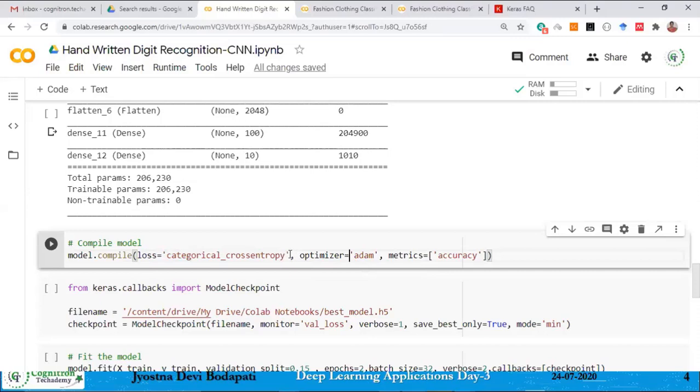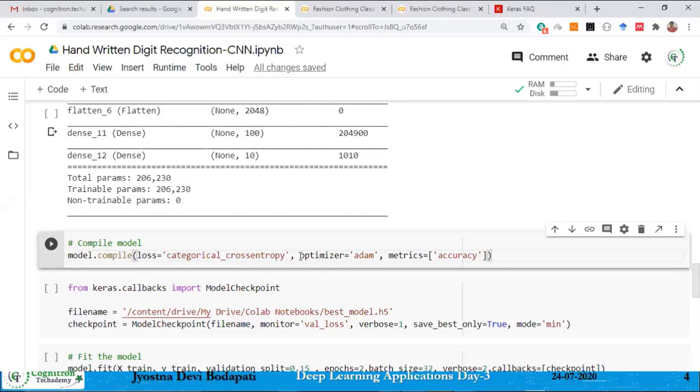And the loss function here, I'm using categorical cross entropy. The type of loss function you need to use depends on your application, that is, the task. Here it is a multi-class classification task. Whenever it is multi-class classification, you need to use categorical cross entropy. If it is binary classification, then you can simply go for cross entropy. When your problem is a regression problem, you need to use the root mean square error, RMSE. Such kinds of errors you can use.